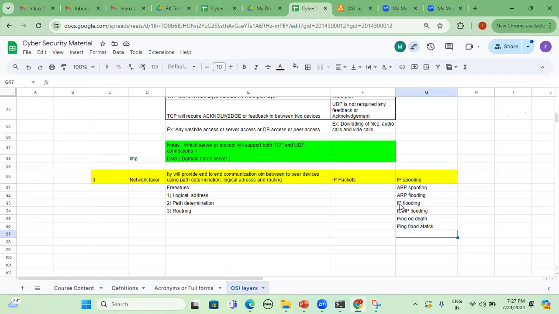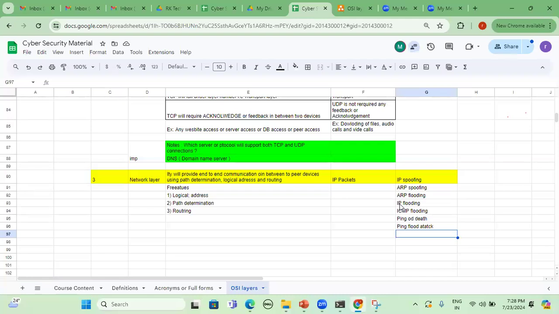Whenever we have flooding in the IT industry or software industry, it's a large number of requests. That is called flooding. Right now, too many rains are going on, so all the canals, lakes, and rivers are completely filled out. Because of the floods or rains, meaning too much water. Same way, whenever we say flooding in networking terminology, it is nothing but a large number or more number of requests.